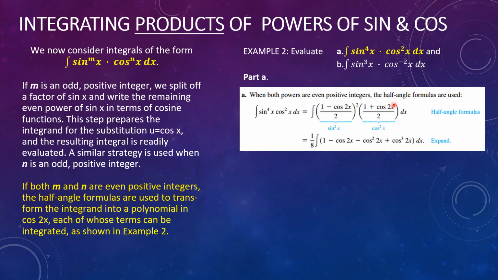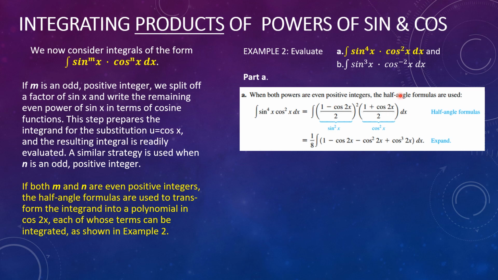And so we have this new integral by using our half angle formulas and substituting in. So first, if we FOILed this out and then multiplied it by 1 plus cosine 2x over 2, we would get this integral here, which would be 1/8 times 1 minus cosine 2x minus cosine squared 2x plus cosine cubed of 2x dx. All that is the algebra of first FOILing out the first sine squared, and then multiplying that times this other factor of